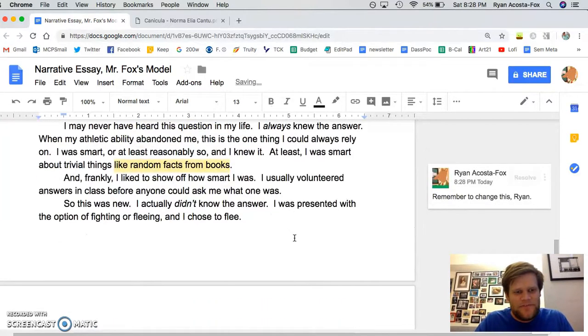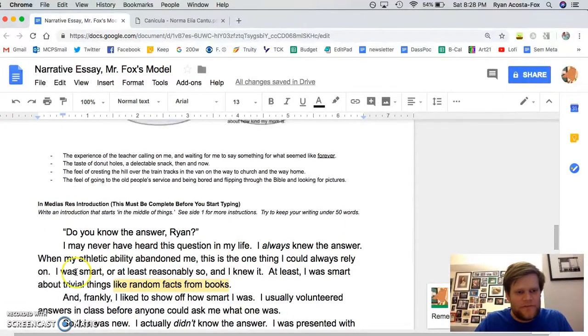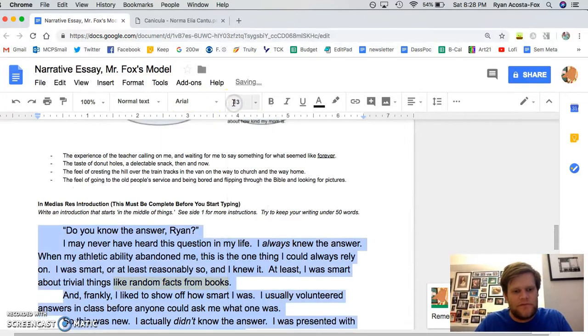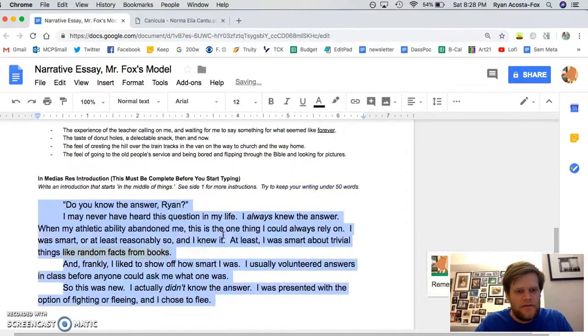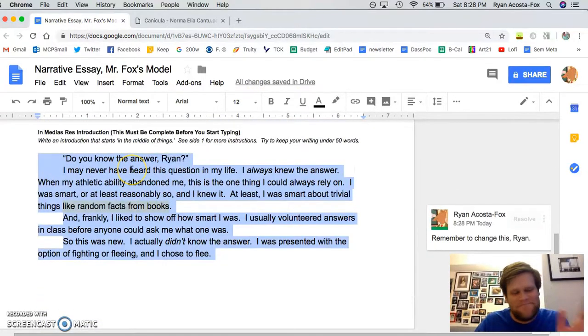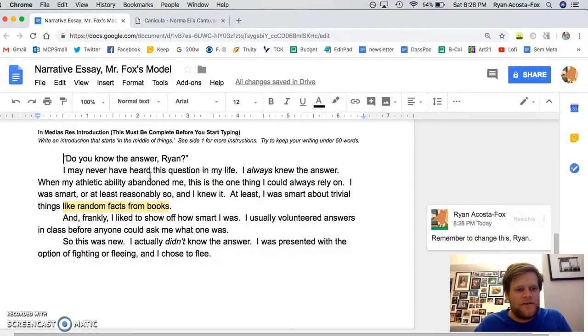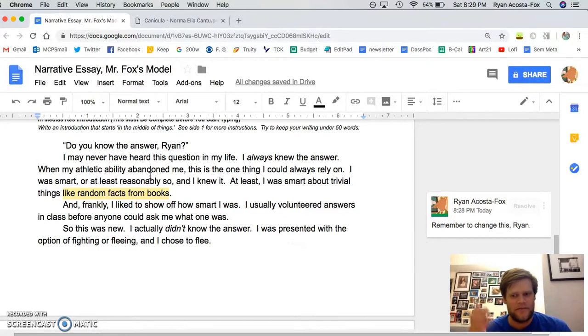Okay, so that's the way. I'm going to make this slightly smaller font size so we can see it all on one page. Let's try that again. Forget about the font size. So this is how I've decided to tell my story. So I get to go back and fill in all the other details that you don't know yet. It was Orange Park, Florida. We moved around a lot, set the stage, all that kind of stuff. But I feel like I've sort of hooked the reader by starting with this moment.